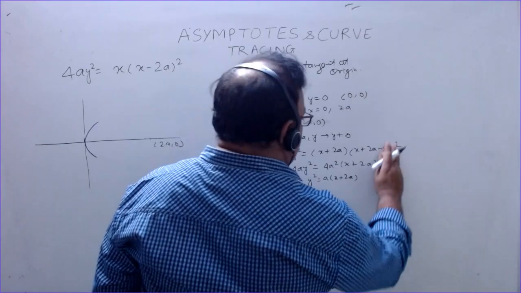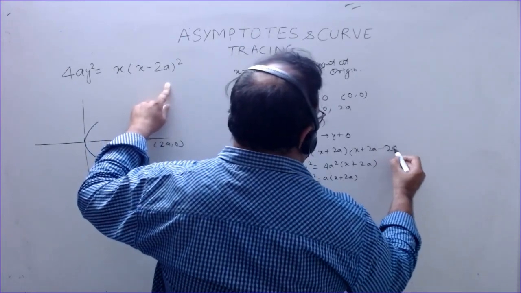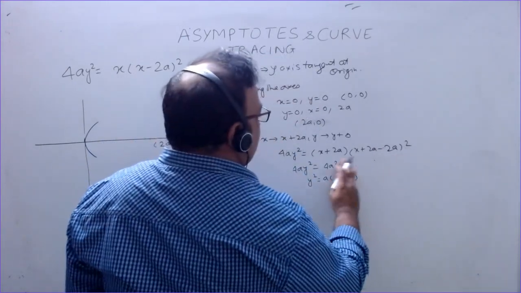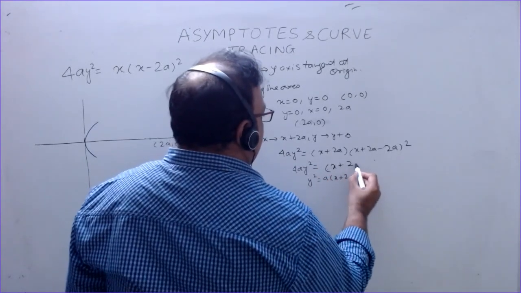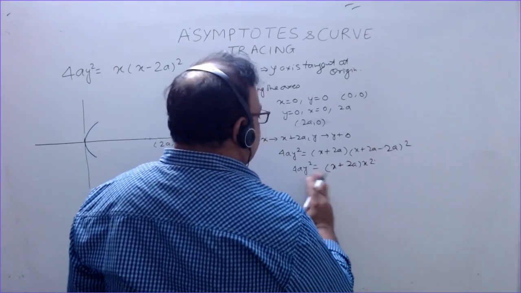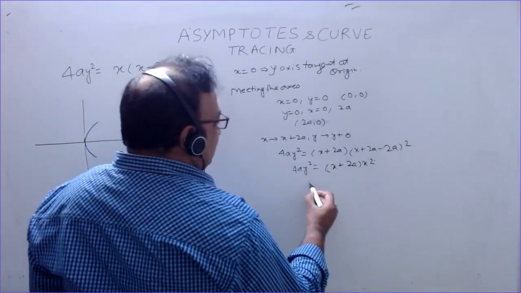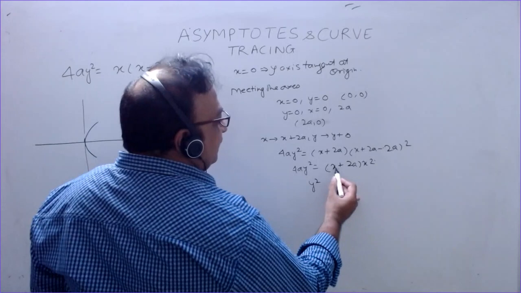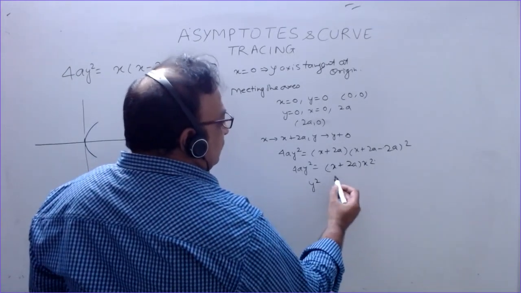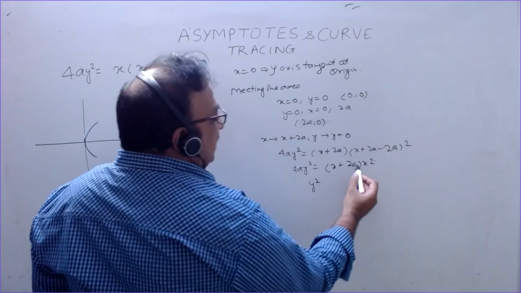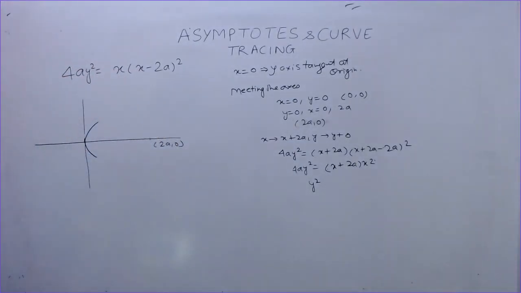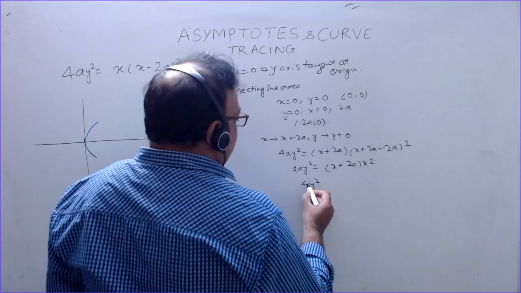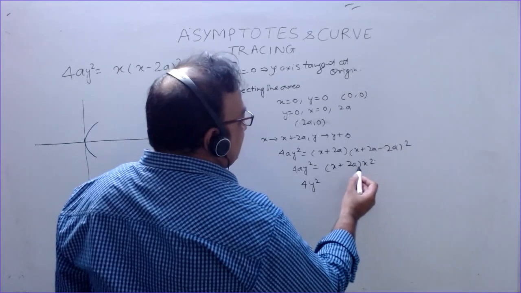This is (x + 2a − 2a) whole square. So this is equal to (x + 2a) into x square. So the lowest degree term here is y square, and on this side we have x cube plus 2x square. So x square into 2. Equate this to 0: y square and x square into 2, 4a, this is 4a y square. So 4y square, and this is